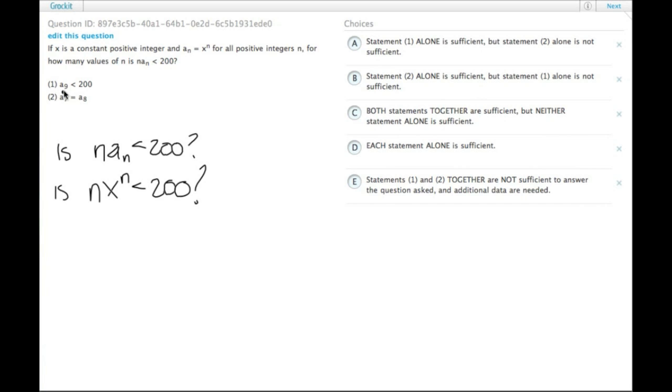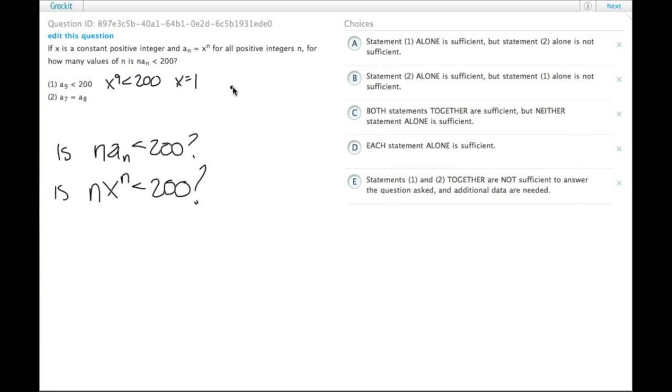Statement 1 tells us that a sub 9 is less than 200, which means that x to the 9th power is less than 200. Now, there aren't that many numbers that you can raise to the 9th power and get, especially integers. In fact, only 1 can be raised to the 9th power and still be less than 200. So this tells us that x equals 1,